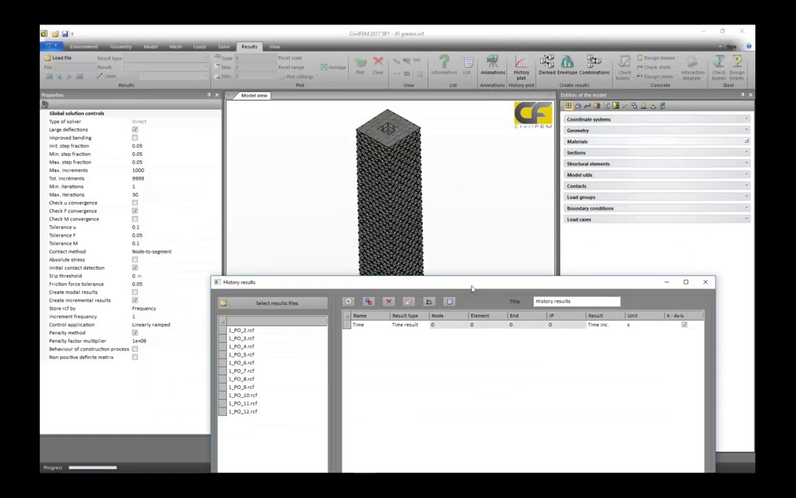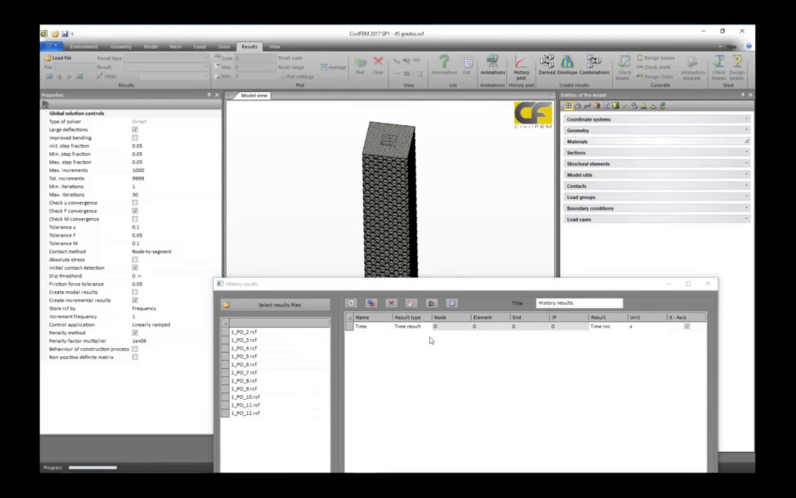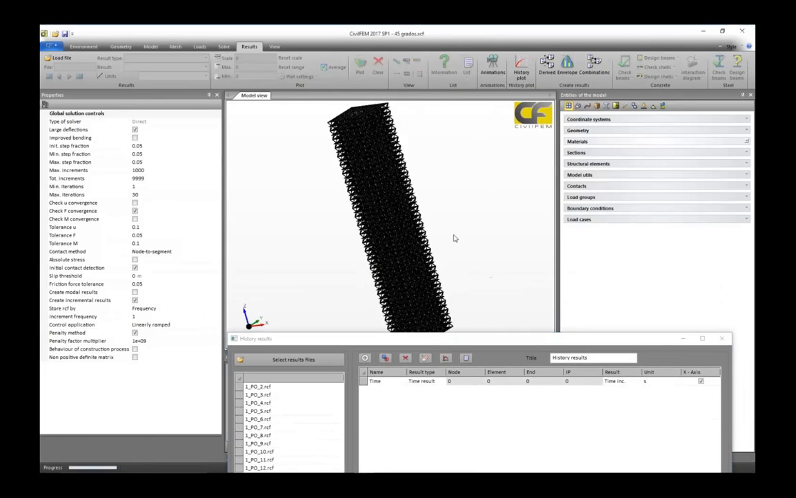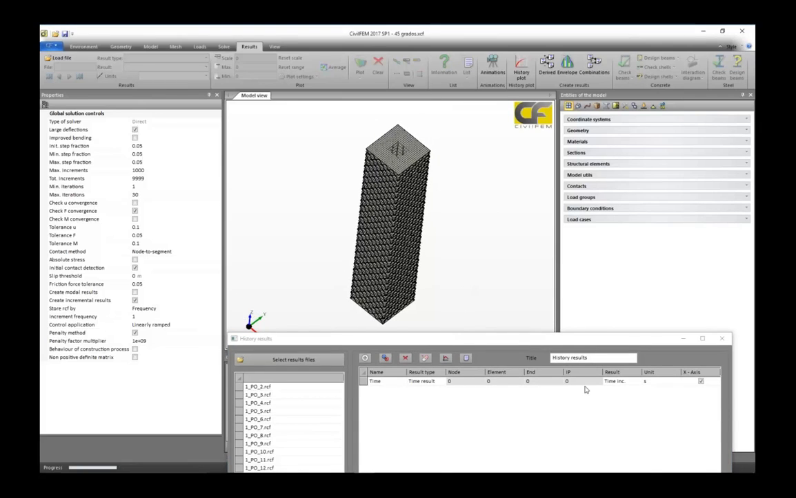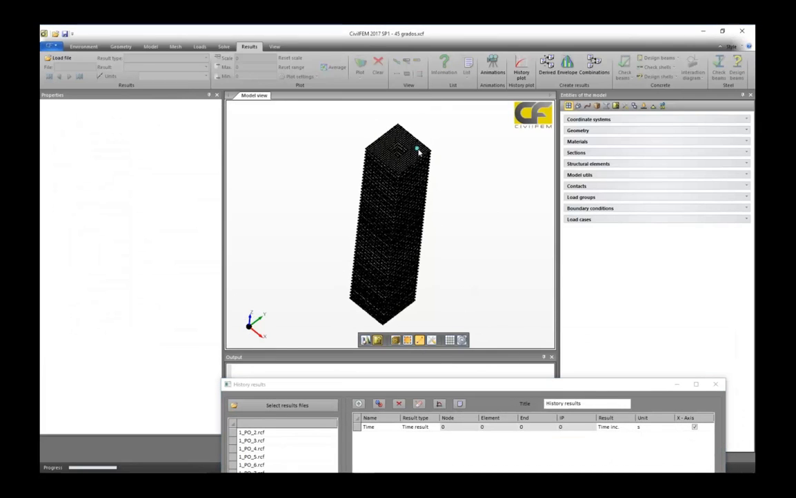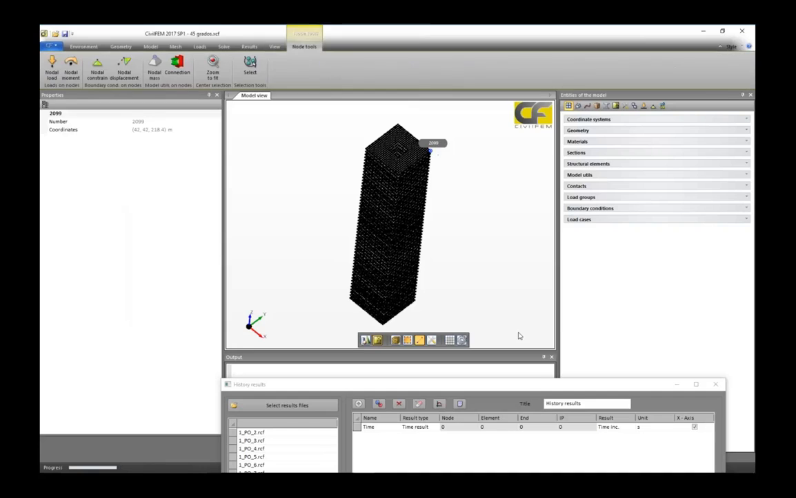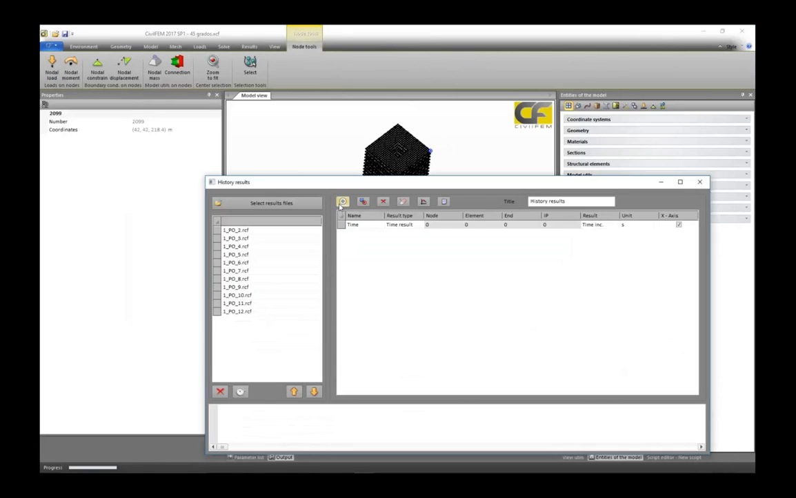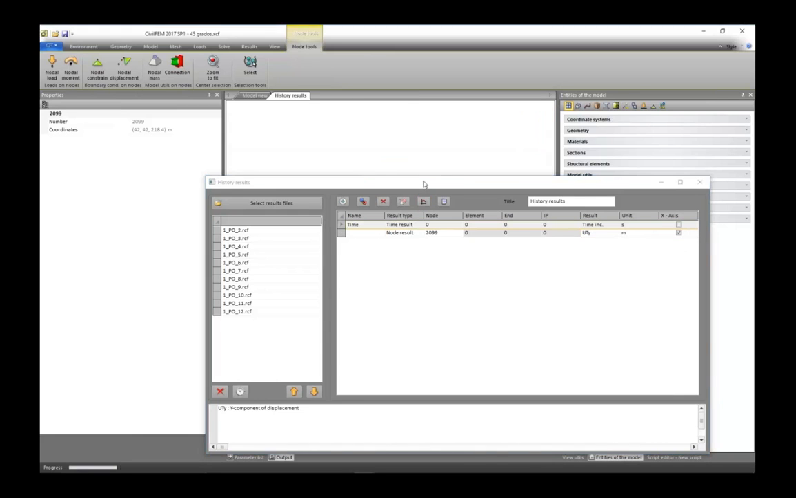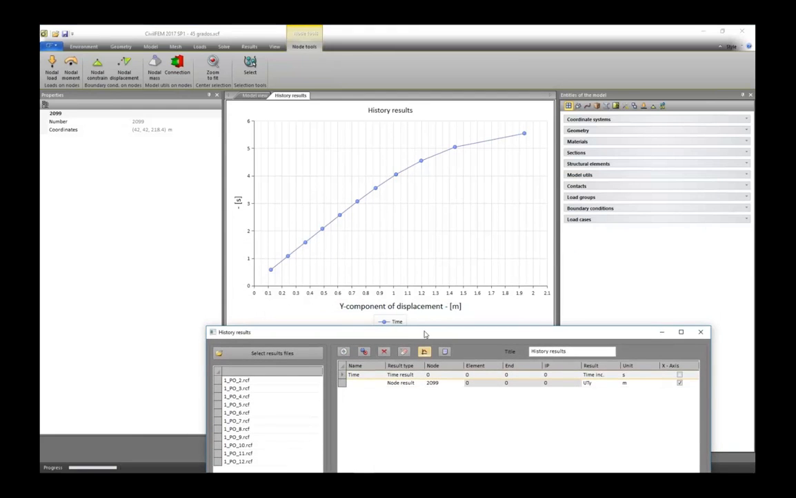We are going to see displacements in one of these nodes versus the force that is applied. So if we select one of these nodes, for example 299, in CivilFEM you can always plot single results, but in this case,